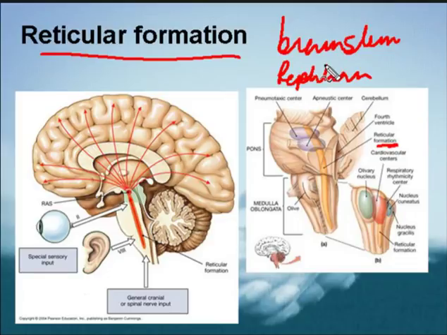Originally in lower animals, olfaction was the main thing, so this reticular formation was initially connected to olfaction and the limbic system. But when evolution occurred and vision and hearing dominated over olfaction, the reticular formation was relegated to autonomic functions,